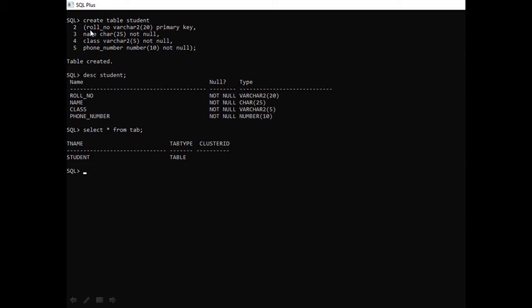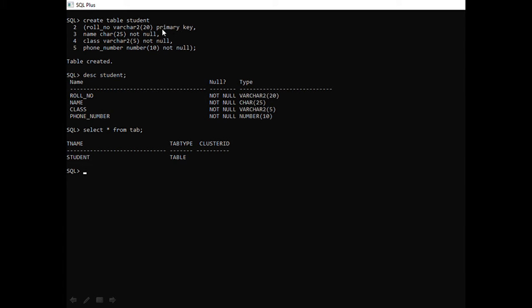For example, in roll number varchar2(20) primary key, the maximum length is 20, so you can enter a maximum of 20 digits in roll number. In name char(25), you can enter a maximum of 25 characters. In class varchar2(5), a maximum of 5 characters. Same for phone number, number(10), you can enter 10 digits.